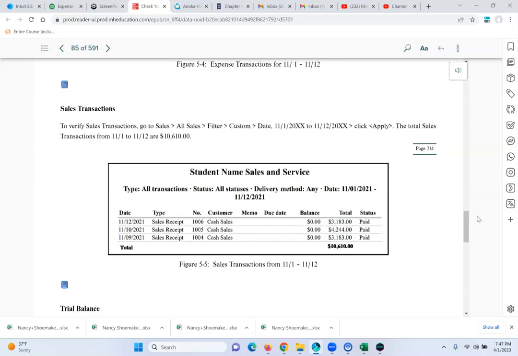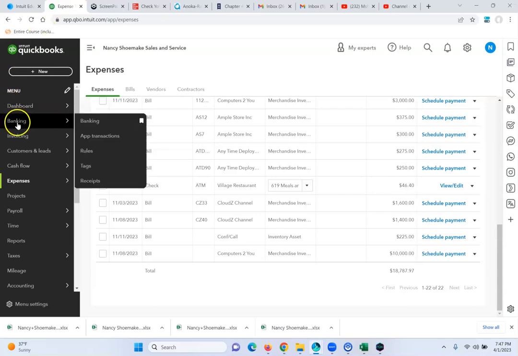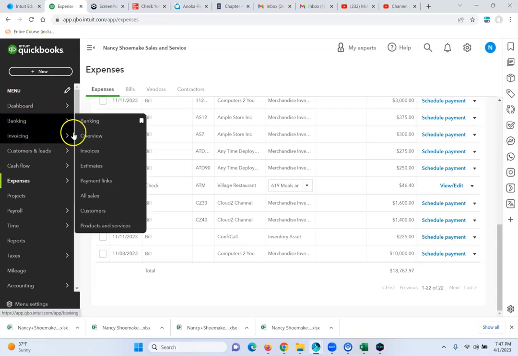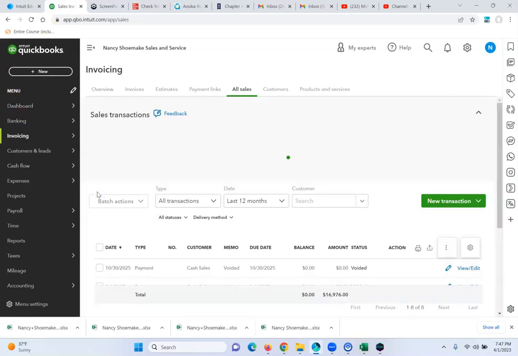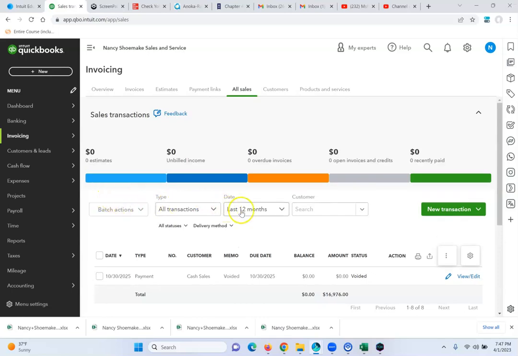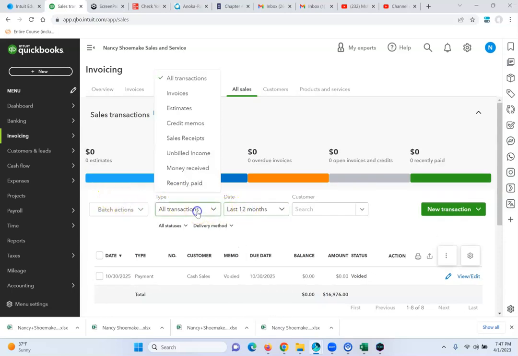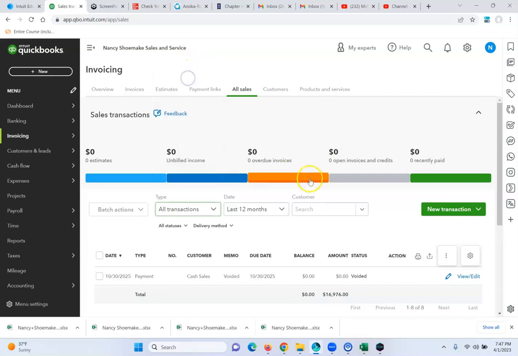And your sales transactions should also match here, the 10,610. So we will have invoicing, sales, all transactions,